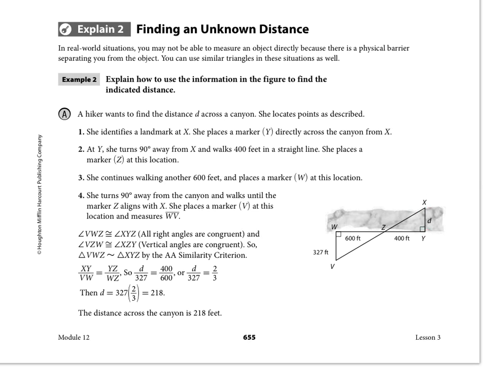And then at Y she turns away from X and walks 400 feet in a straight line, and she puts a marker Z there. Then she continues walking straight along the edge of the canyon another 600 feet and puts another marker W there. And then she turns 90 degrees away from the canyon and walks and places a marker when she's able to put the X marker and the Z marker in one single line of sight, when they line up. And so she places a marker at V and discovers that that's 327 feet from the edge of the canyon. So the question she wants to ask is